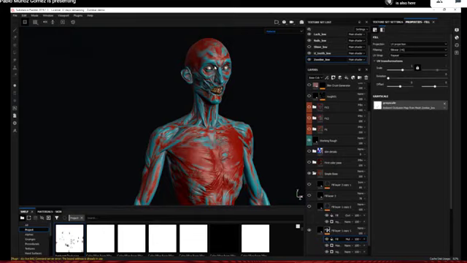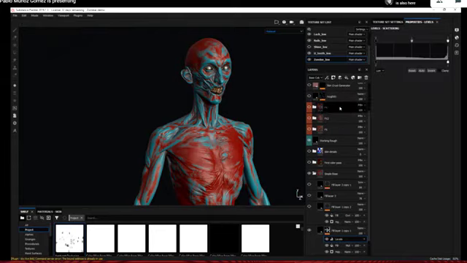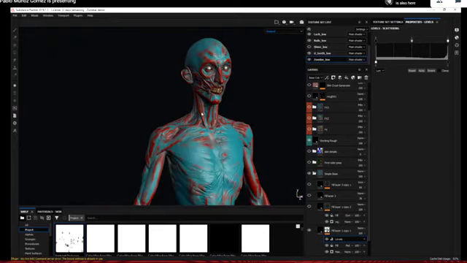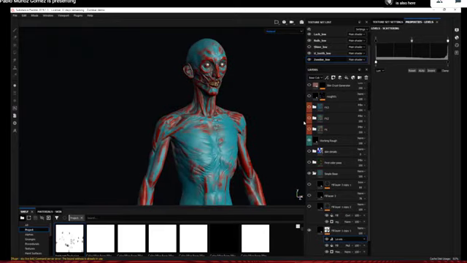Right now it's not very evident, so I should have inverted it. But then you can just bring in a levels and then invert it. So now you get the opposite effect here. I'm not targeting the height parts anymore. And because you have this levels effect here, you can just play around with this